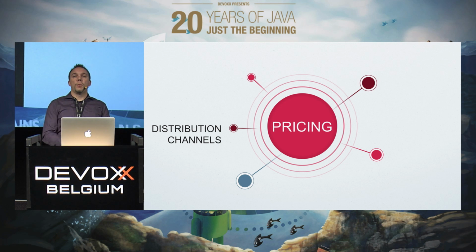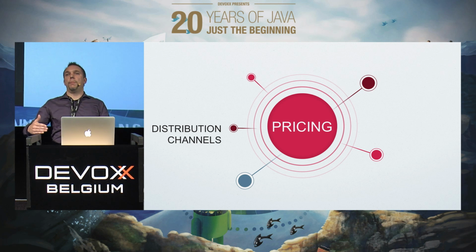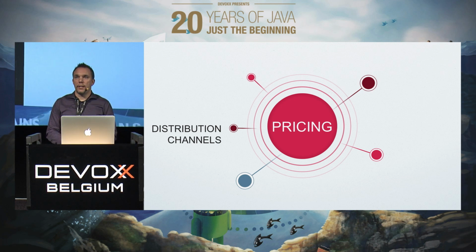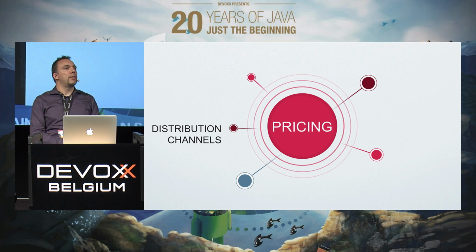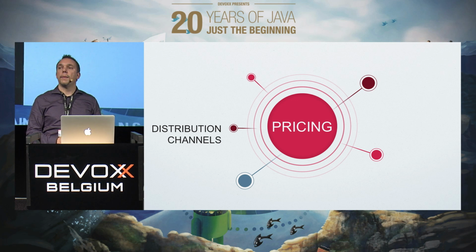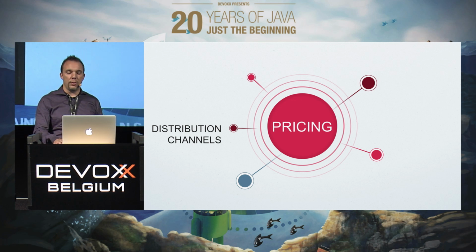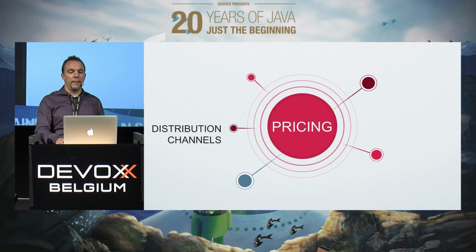If you have lower priced things, typically you will most likely not use a lot of distribution channels. You'll try to manage it all yourself. While if you have bigger amounts of money to capture, then you could also set up a distribution chain with partners and affiliates and so on, because there's enough money coming in to give every one of the players there a piece of the cake.